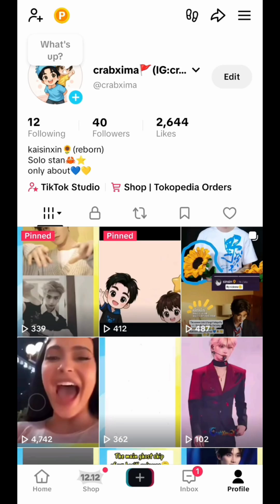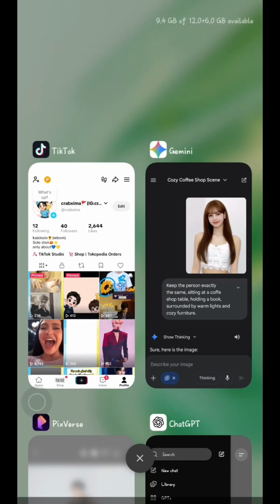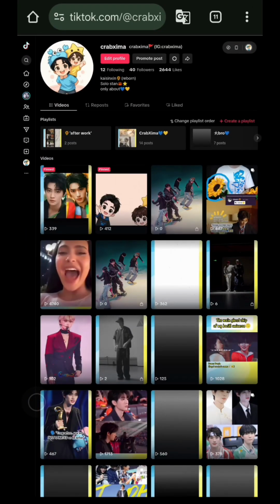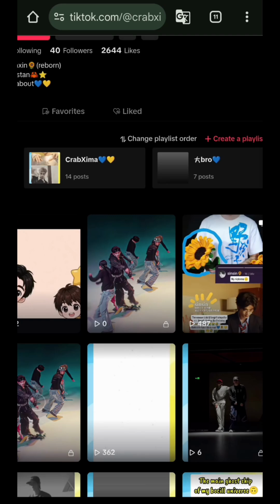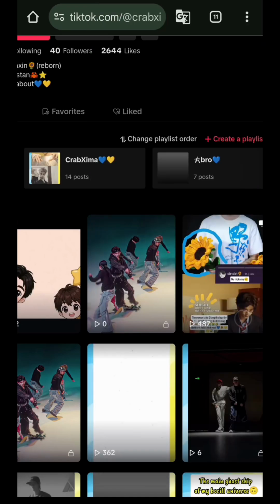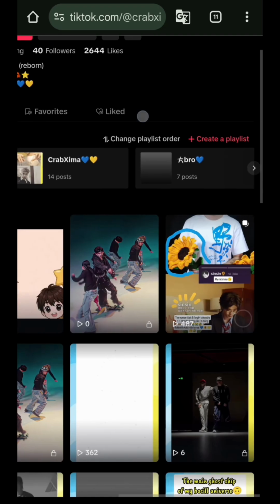First, just open your browser like this, and then just log into your TikTok account. Just open TikTok web and then log into your TikTok account. And then in here you will see the create playlist. But first just switch to desktop mode in your browser like this, desktop mode or desktop site. This way all features appear, and when you're done you will see create a playlist over here